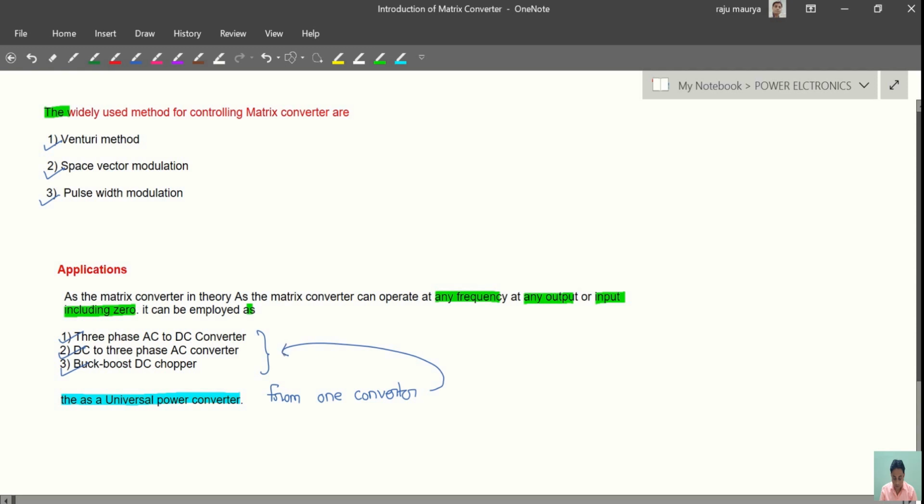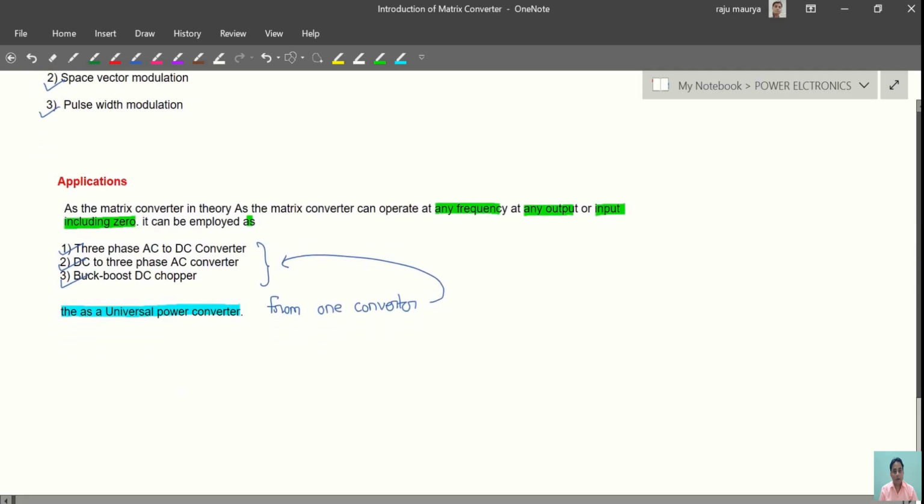and so on. Since this topic requires knowledge of multi-level inverters, zero voltage switching, zero current switching and Z-source inverters, due to shortage of time I am trying to deliver a brief introduction of the matrix converter, and this discussion is sufficient for the introductory part, and thank you for watching.